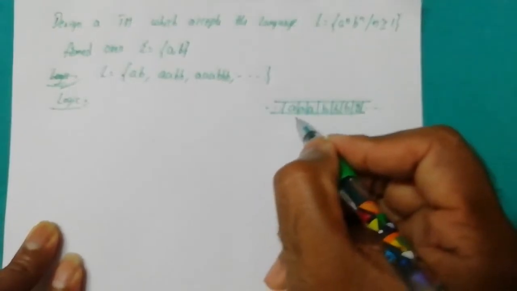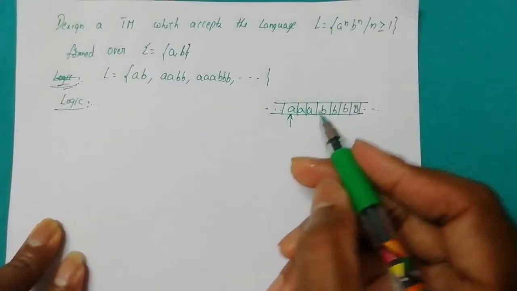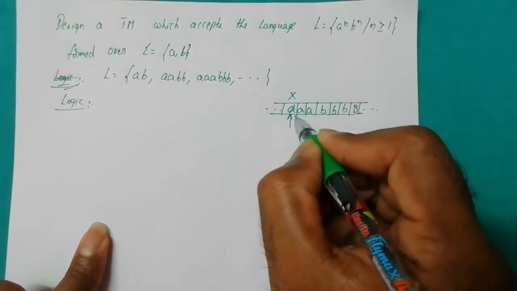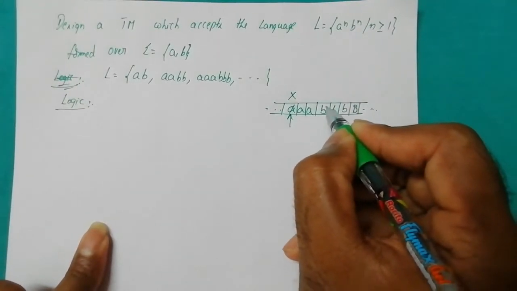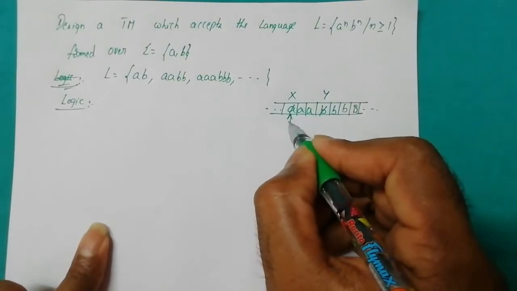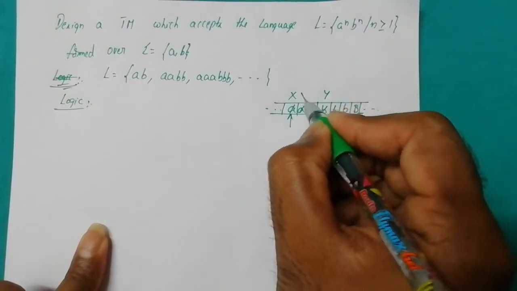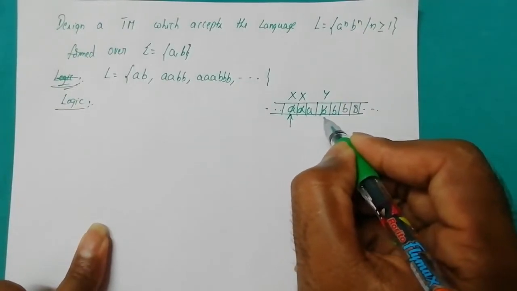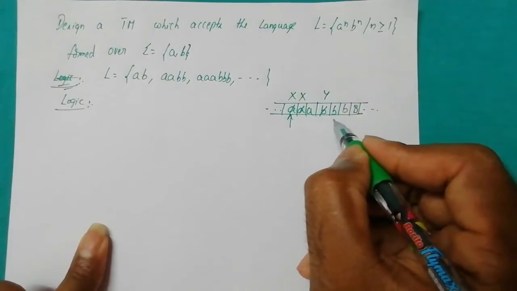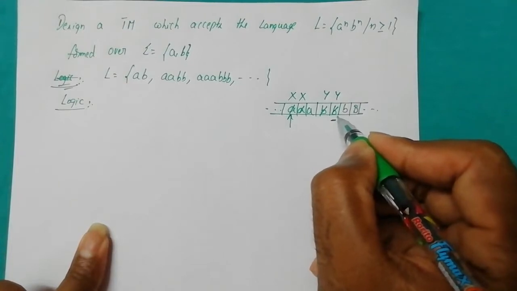Initially the read write head points to the first character in the input tape, that is A. We define the logic in such a way that the first A is converted to X and we go on to check the occurrence of the first B and we convert the first B into Y, and we come back to the X and move one cell to the right and convert the second A to X, and we keep on moving to the right until we come across the next B. We convert this into Y because this B is nothing but the second B.